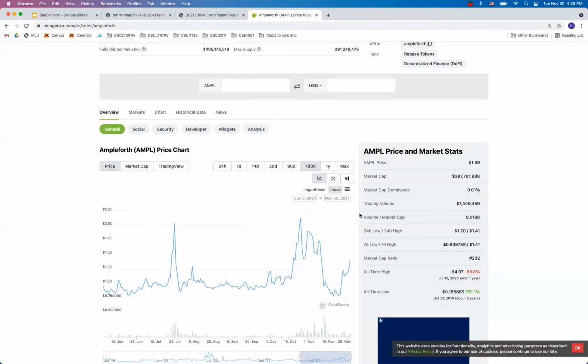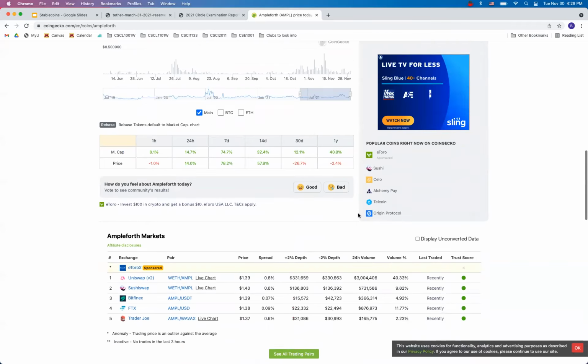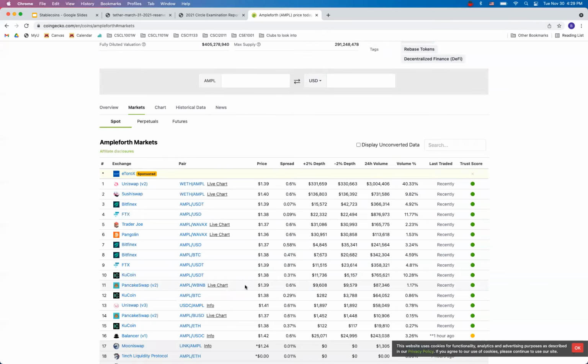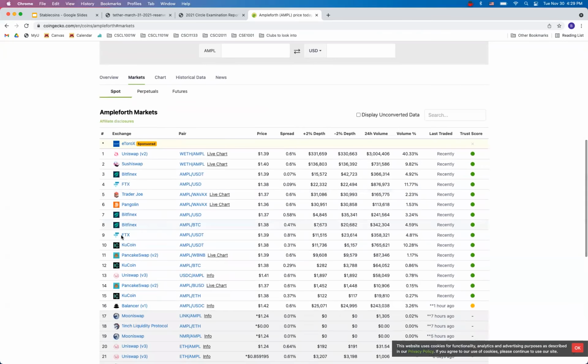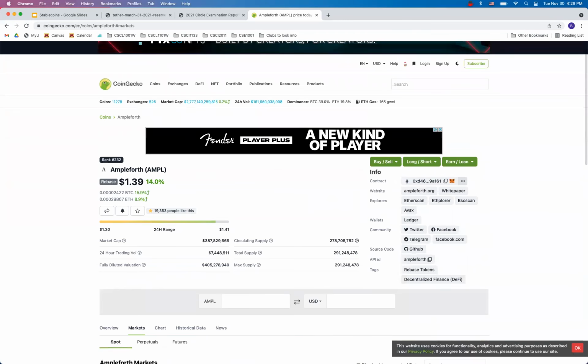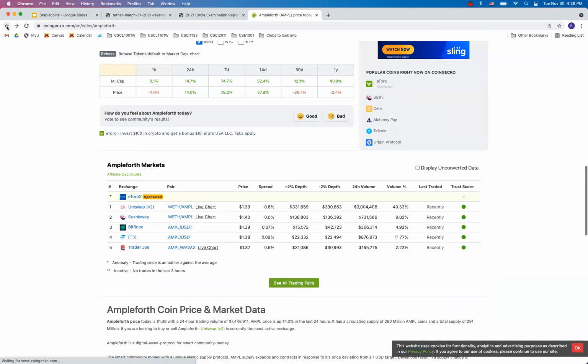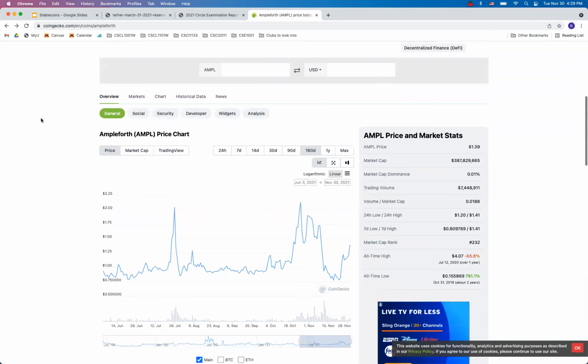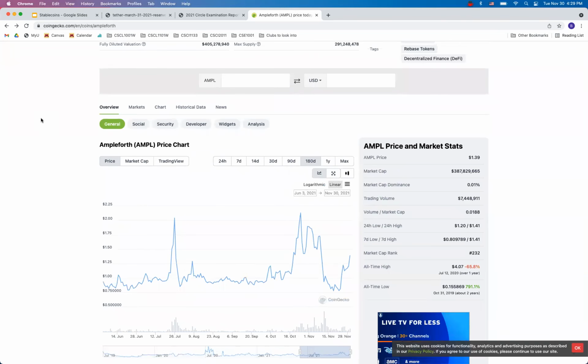Where do these numbers come from? Exchanges. I think you can find specific exchanges, like you click on, yeah, there you go. Yeah, so they're on Uniswap, SushiSwap, Bitfinex, all the big exchanges. So the more people buy the coin, the more the price is going to go up. So hypothetically, every day it should hit $1 when the rebase occurs.